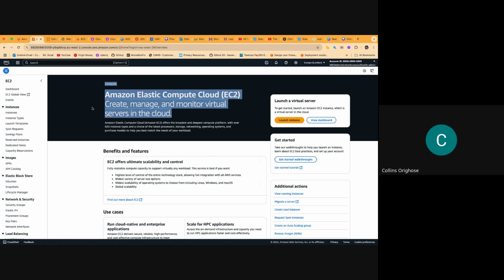So just think about it like back in the day, we used to have data centers, server rooms in companies. Companies used to spend a lot of money keeping servers in their server room. And that server is what will be used to run the application of the organization. But